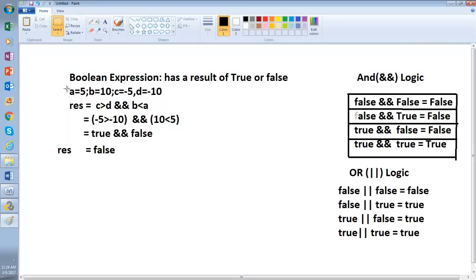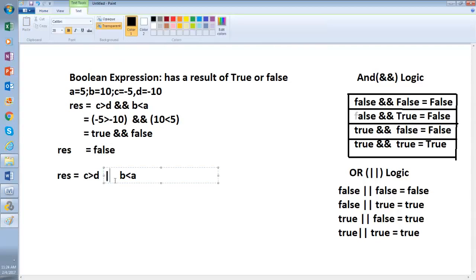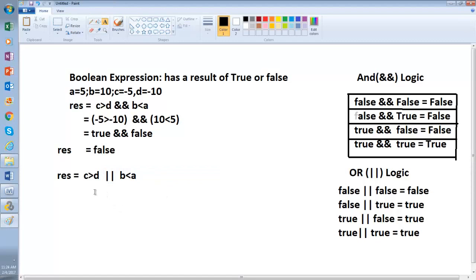This equation, we want to solve it using OR. Okay, so how will you do that?